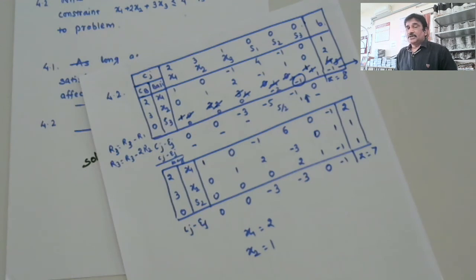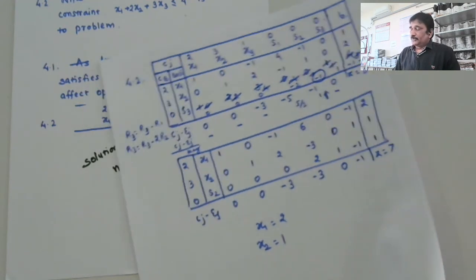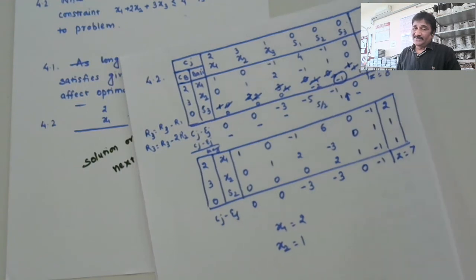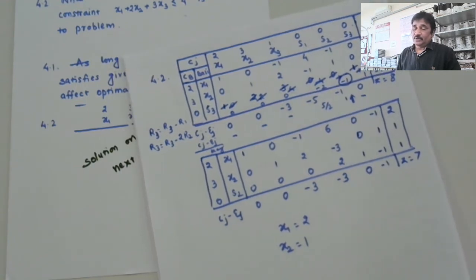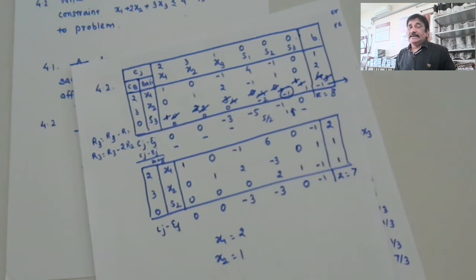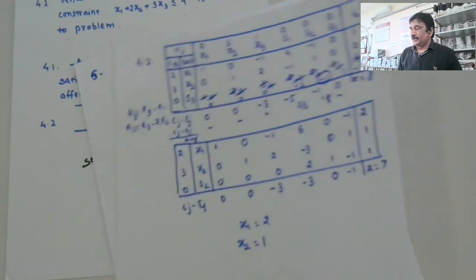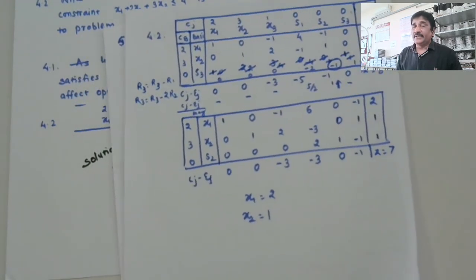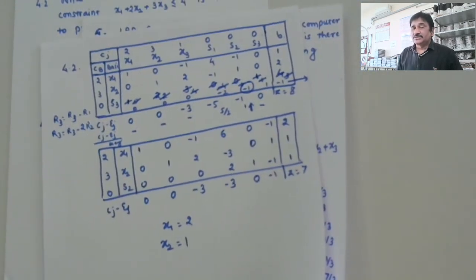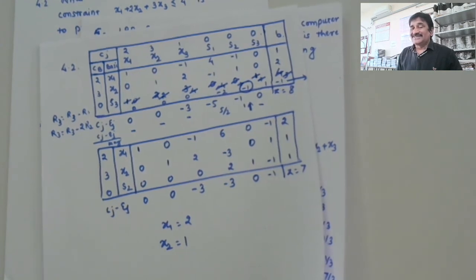Because every constraint will increase the difficulty in solving the problem in cubic proportion of the number of constraints, right? If you have one constraint, it will be one time difficulty. If you have two constraints, it will be 8 times difficult as against a one constraint problem. Difficult means more time taking, right? If you have three constraints, it will be 27 times difficult as against a one constraint problem.